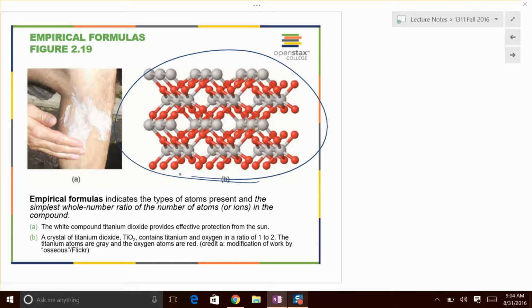Now you don't do that all the time with molecular covalent compounds. But in this case, because we have a metal and a non-metal, and it's forming a lattice structure, we would represent it that way. But more covalent molecules that form actual structures, like